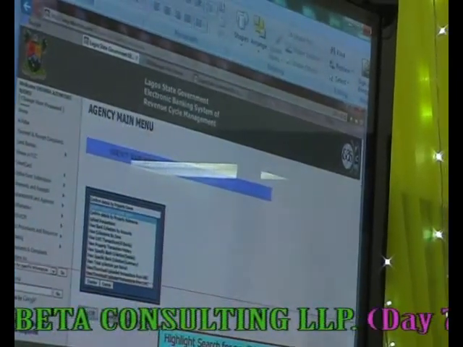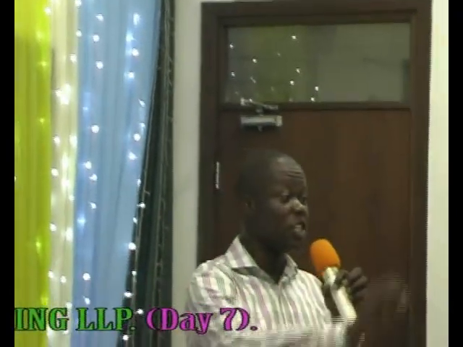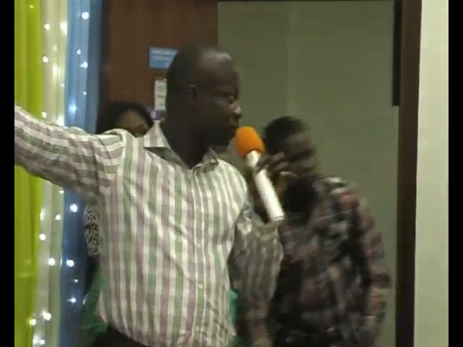property name. There are two ways to confirm details. The first one on our menu is by the property name, because we believe each property reference is affixed to a particular customer. It's just like my NEPA bill has my name on it. So when they go to the bank, sometimes due to typographical error in the printing, or the customer knows his property reference but forgets his bill, they come and say, please, I want to check my property name, I want to change the name there, or I've changed ownership, so you want to confirm by the name. All you have to do is come to this menu,